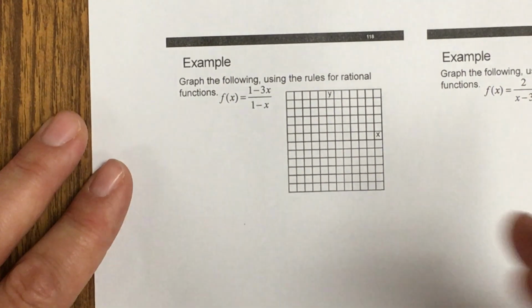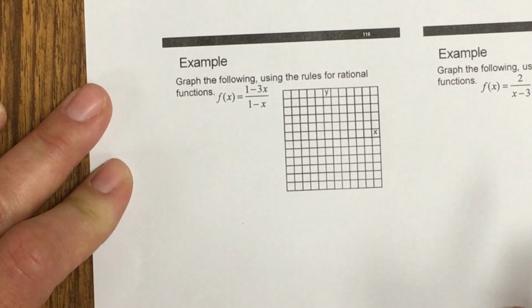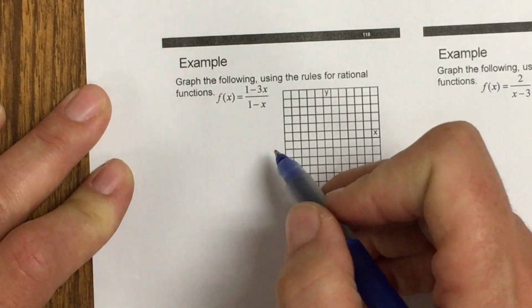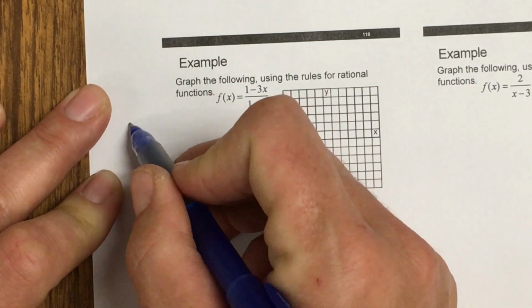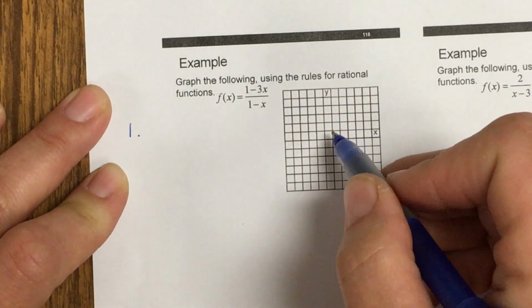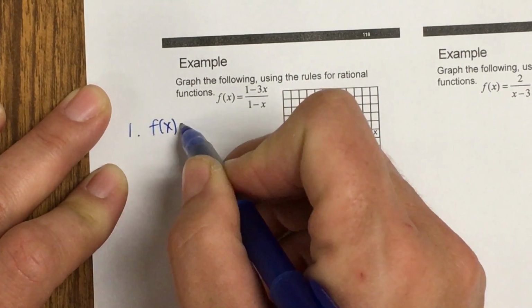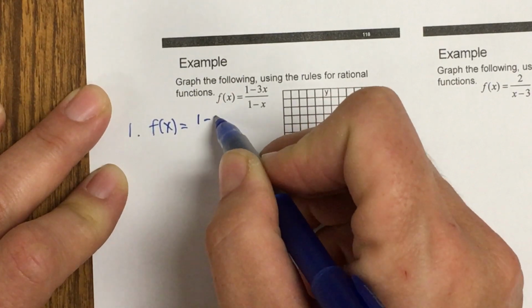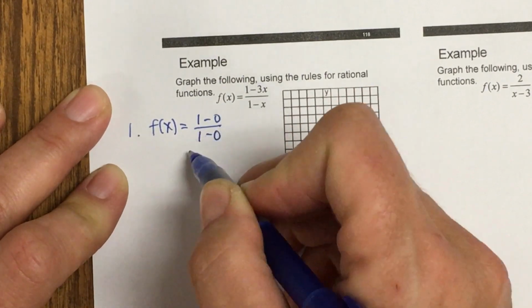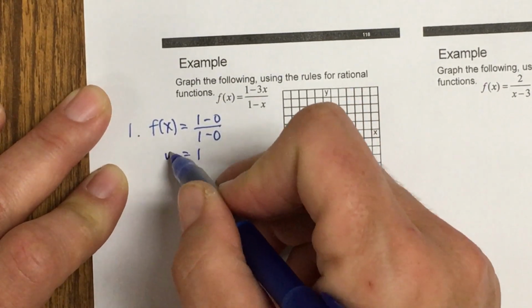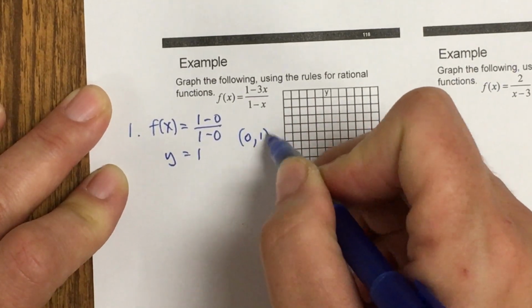I'm going to do this quickly if I can, and then we're going to skip down to slide 120. Okay, so number 1, what are my steps? I need to find the y-intercept, and that means let x equal 0. So f of x equals 1 minus 0 over 1 minus 0. So this is a 1. So that means y equals 1. There is my